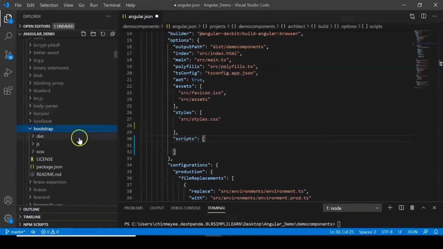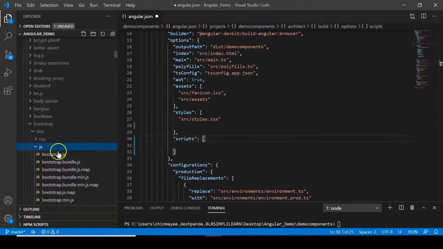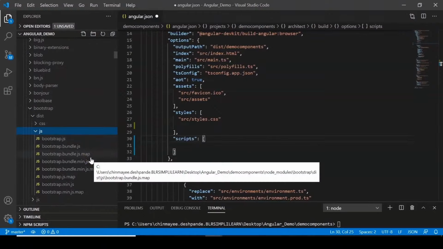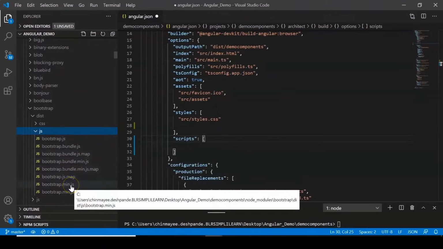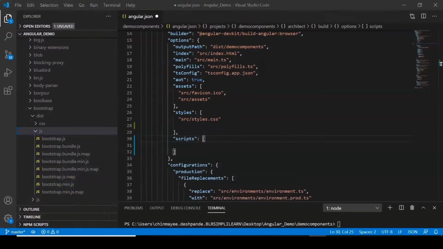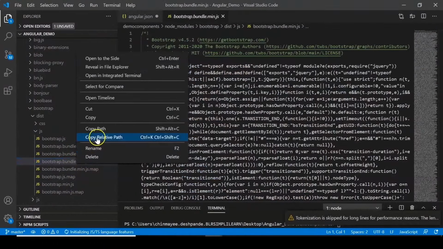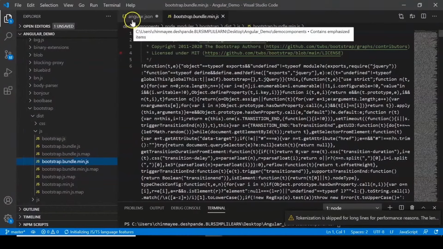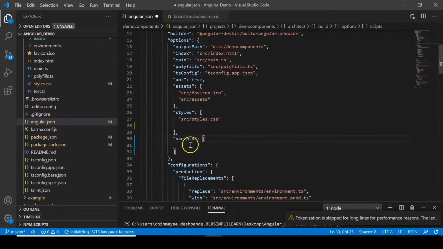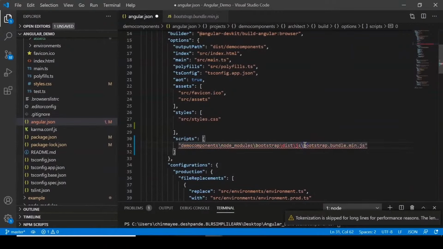Here you go, and then in your dist folder, and then click on JS, and then you can see you have bootstrap.min.js. Well, I'm sorry, we need bootstrap.bundle.min.js. So here you can just right click and say copy relative path, and back in my JSON file in my scripts, I'm going to just paste it here, and make sure to make it a path by providing //